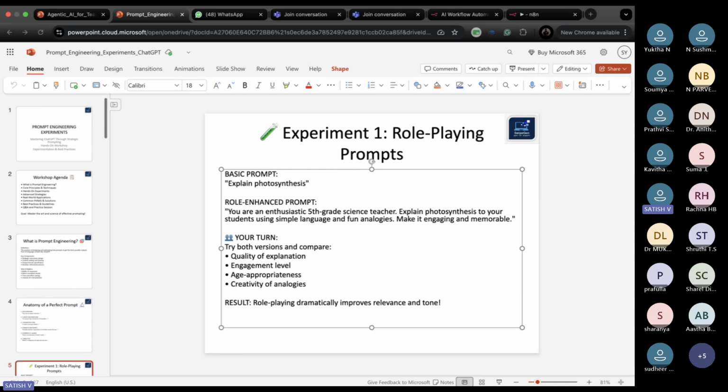If we see, it will just give the basic information: photosynthesis is the process of green plants, algae, bacteria. All these things are basic information. Although it has given the formula and all those things, it is very basic. Now if I change the prompt like this,